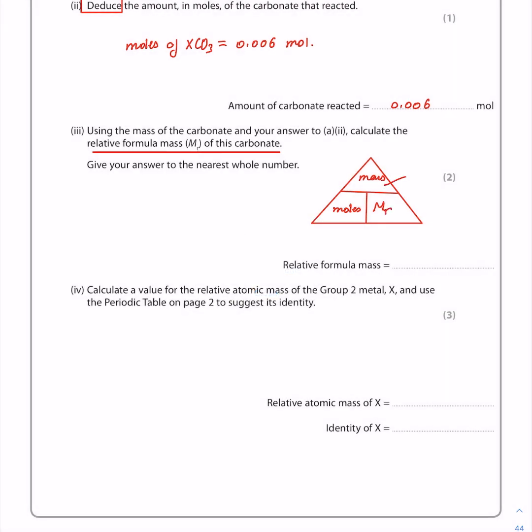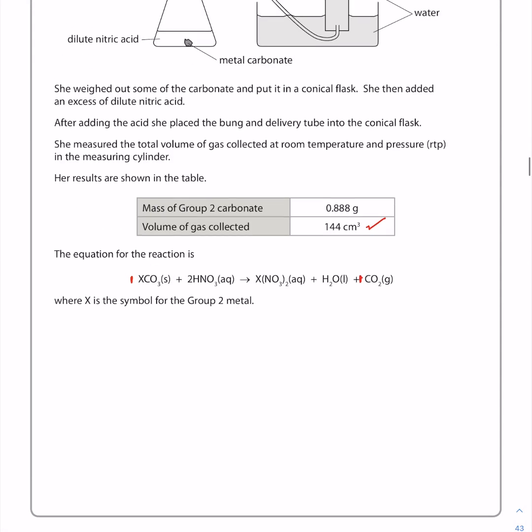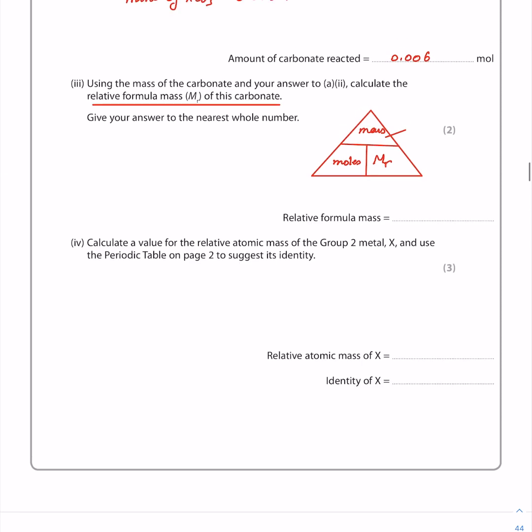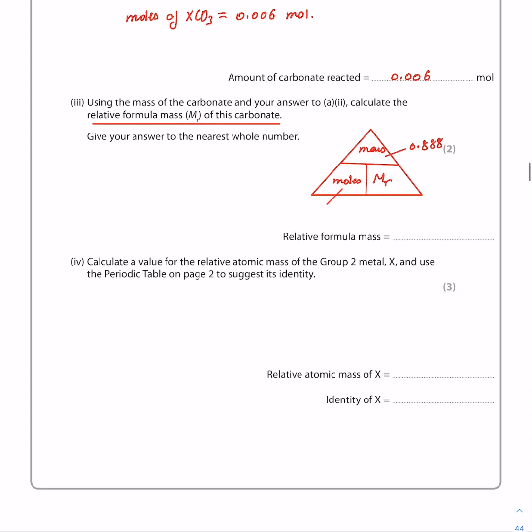طيب أنا الماس عندي كان في التيبل ورا بكام؟ ب 0.888. يبقى أقدر أقول هنا إن الماس ب 0.888. طيب المولز مطلعينها من دبل اي 0.006، يبقى المولز 0.006. يبقى الام ار بكام؟ يبقى الام ار is equal to 0.888 divided by 0.006. ده يديني كام؟ ده يديني